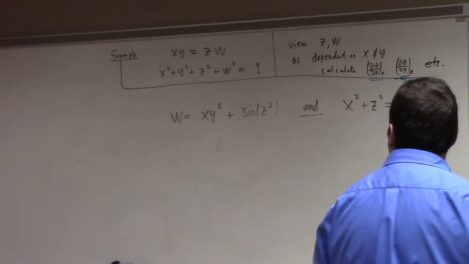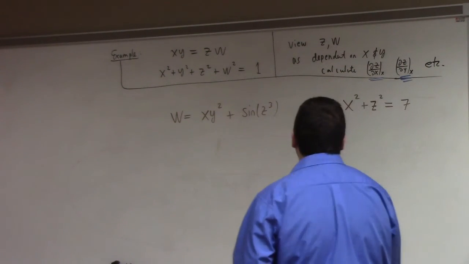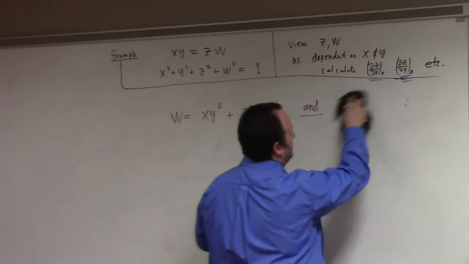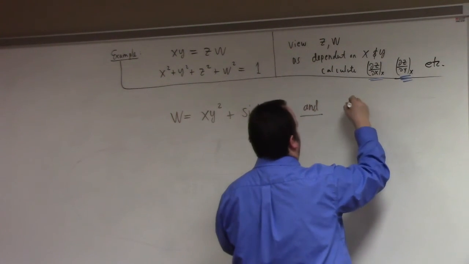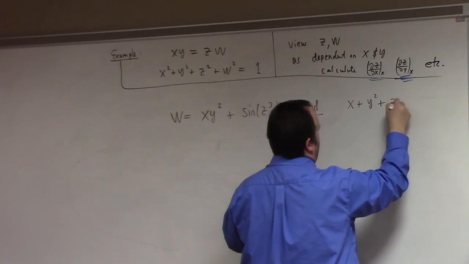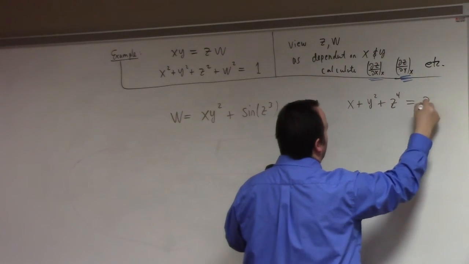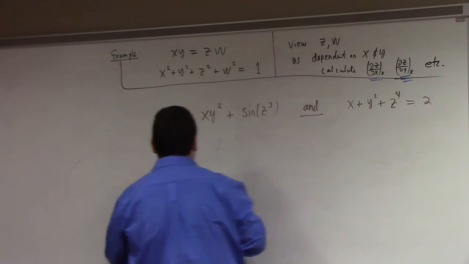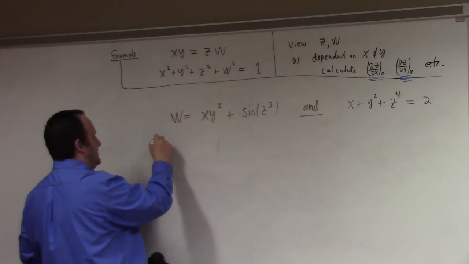Okay, x, y, z. So I need all three. Over here, we've got, I don't know, x plus y² plus z⁴ equal to 2, whatever, right? And so you're asked to calculate